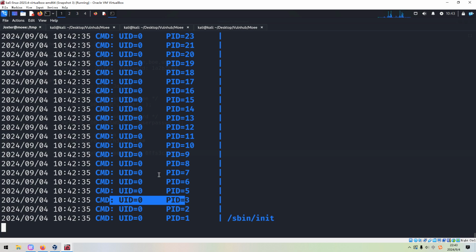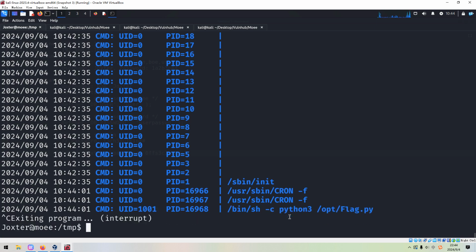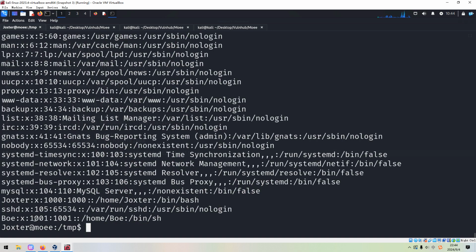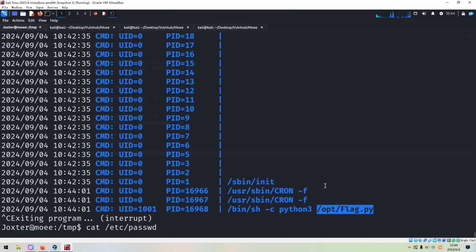And I've already demonstrated this technique many times, because it is such an important technique. With PSPY, as you can see, this should be another user, and later we can check which user, and we'll run this Python script regularly. And I'd like to interrupt. We can get out the password file. As you can see, the 1001 UID stands for buoy. And next we need to check whether we have permission to manipulate this Python script.